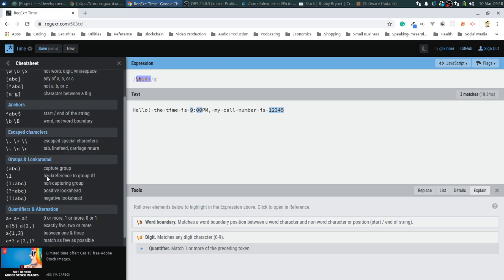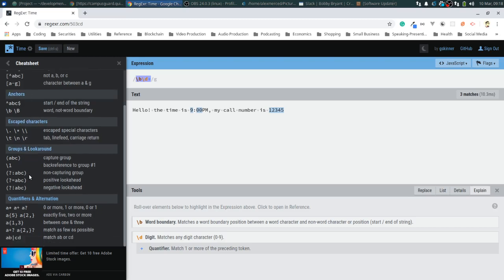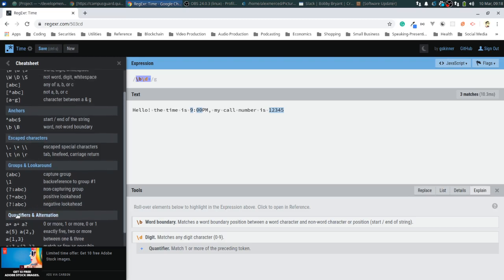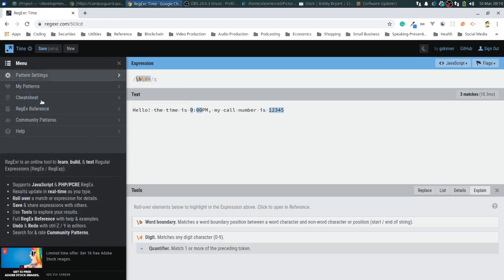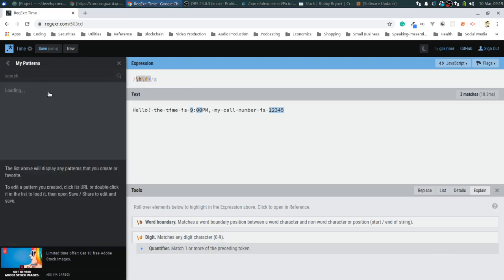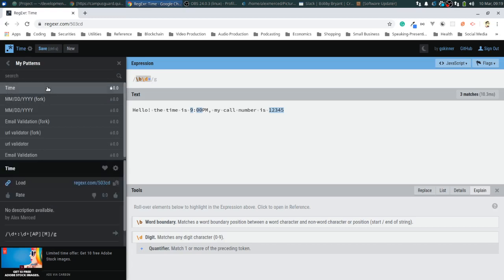Okay, let's see here. Other good ones. Back reference to group 1. Non-capturing group, positive look ahead, quantifier, 0 or more, exactly 5, 2 or more. Okay, so use curly brackets if you want to do, you know, an exact match. So if I want to go back to that date thing, so let's bring that back up. So let me go to my patterns, time,